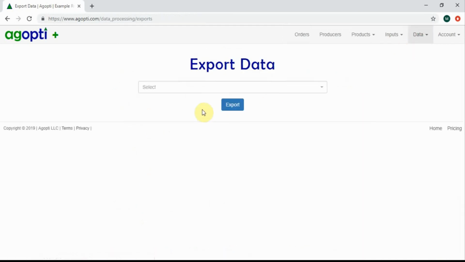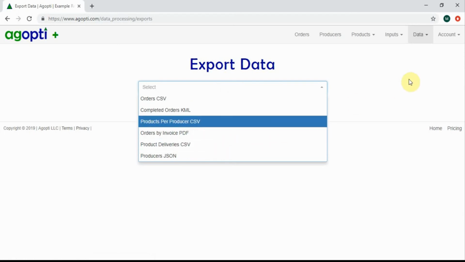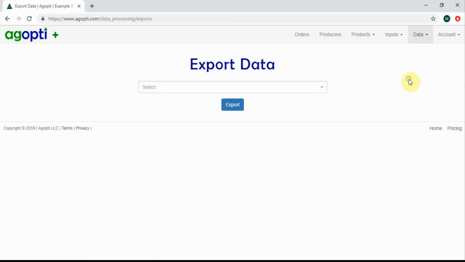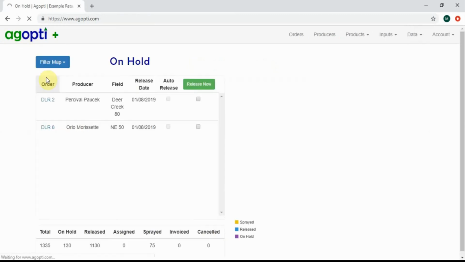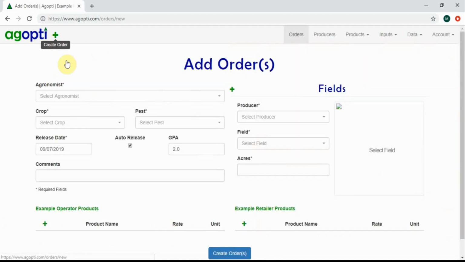They can also do order exporting to Excel spreadsheets and Google Maps and everything like that in order to do whatever data analysis they want. And so not only is it good for your customers because they have real-time updates and they know exactly what is going on and when, they also are the ones who will be taking the time to submit orders and ensuring that their orders are correct,